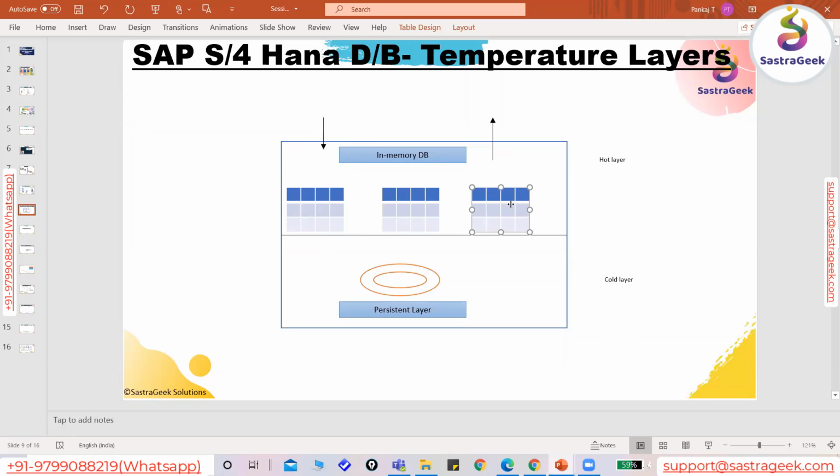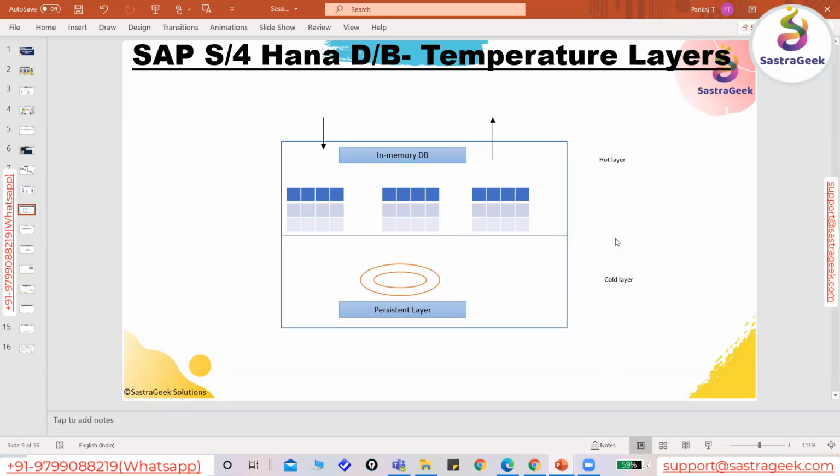If we again have massive data sitting here in the in-memory database, it will create huge problems for the calculations, and it may slow down the performance. So within this layer, we always need to have free space available to do the calculations and to improve the performance. So if the data sitting here in the in-memory database increases, the basis consultant or the